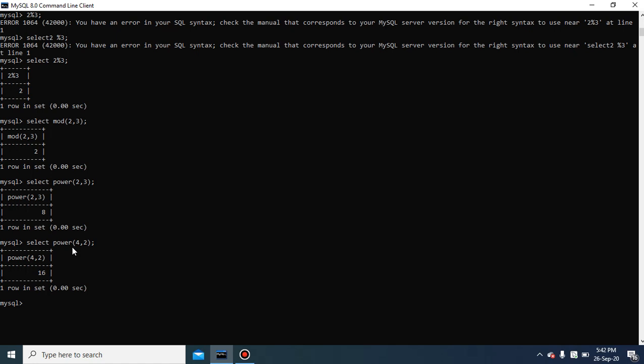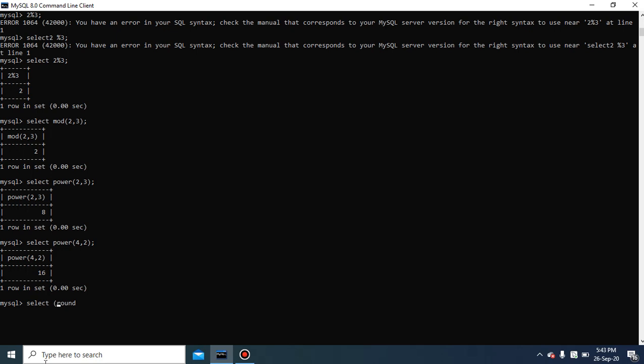So in the half yearly exam you will have a question based upon the functions. 2 or 3 functions will be combined together and you have to find out the output for the same. So I have discussed 2 functions of the numeric type, which are mod and power, and the last numeric function is the round one. So the round function rounds off the number. As you round a number in mathematics, the same purpose applies here for the round function.